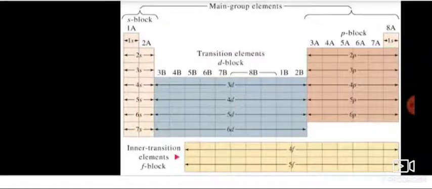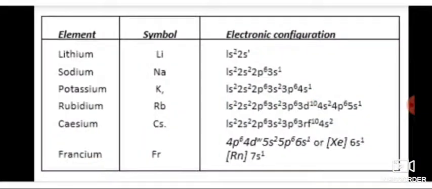Elements are divided into blocks. On the basis of electronic configuration, elements are divided into 4 blocks: S, P, D and F blocks. A block is named after the subshell into which the last electron of the atom enters, that is, which is successively filled. We have seen that in group 1 and group 2, the S subshell is successively filled, and so these groups constitute S block elements.